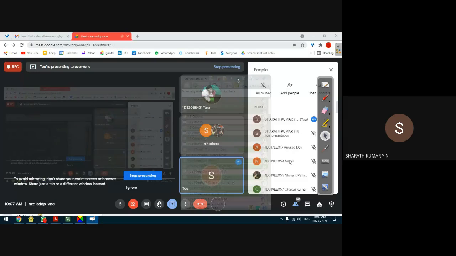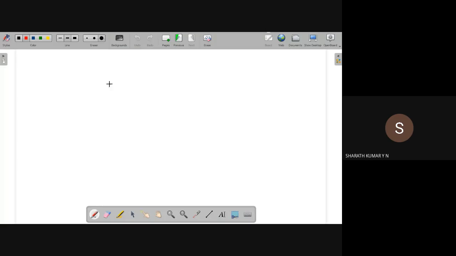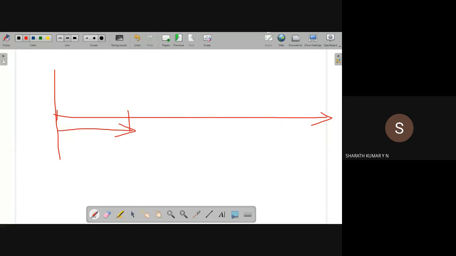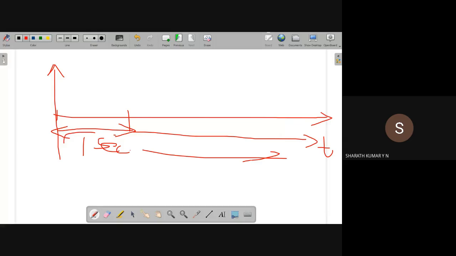See, what is time? For example, let us say this is the timeline. Let us say this duration is 1 second, this duration is 1 second, like this time continues. Since it's an independent quantity, we cannot stop it. How do we control time? Not possible. Good time or bad time, we can't stop it. It simply runs. So how do we measure 1 second? How do we know this duration is 1 second?